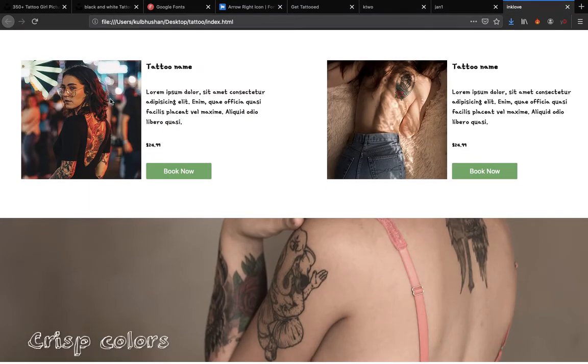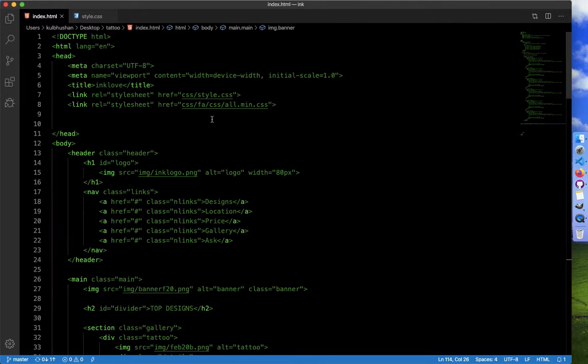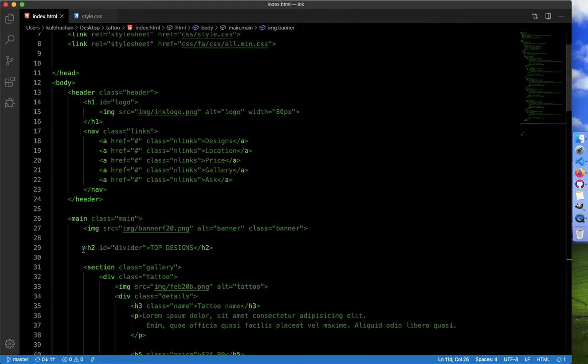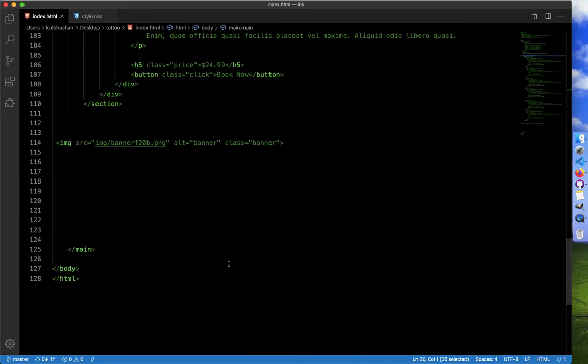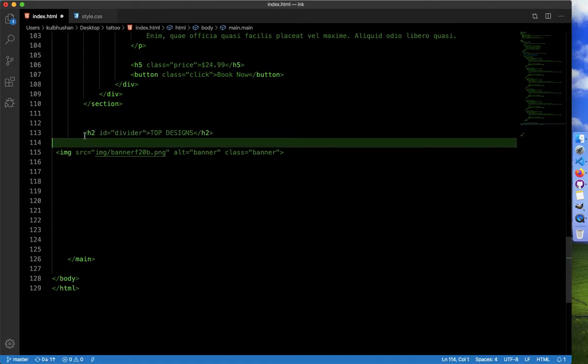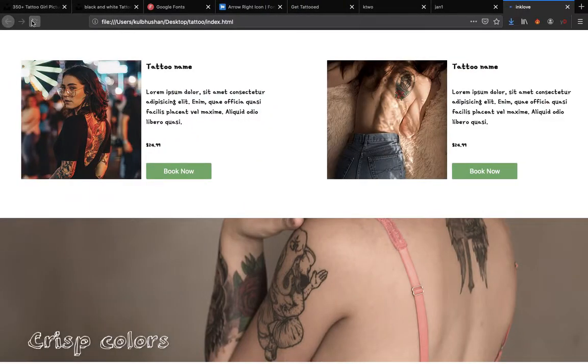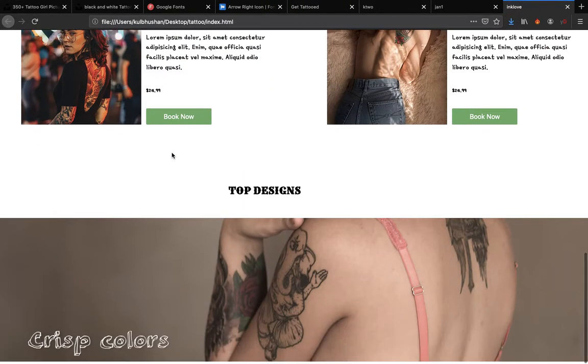Now I think we need that divider at the top. So where is that divider? That divider is here. I will use this above that banner here, and let's see if that is working fine or not. It is working. Now we need to create